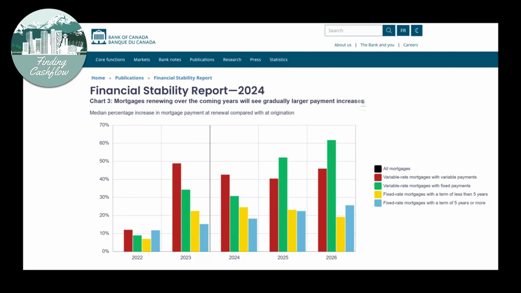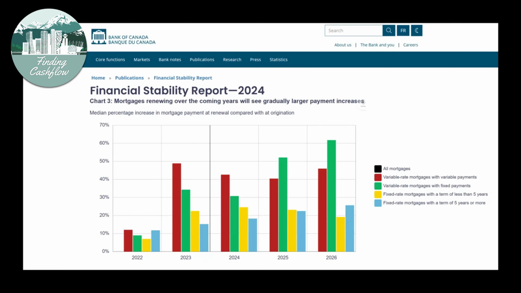Because of this, the amount of time that it takes to pay off this mortgage was actually increasing instead of decreasing. This is what we refer to as negative amortization, where the amortization, or the amount of time it'll take to pay off the mortgage, is actually increasing, which is completely counterintuitive, as we expect to have less time to pay off a mortgage as we continue to make more mortgage payments. In some cases, the amortization on these mortgages ballooned out to 50 years or more.